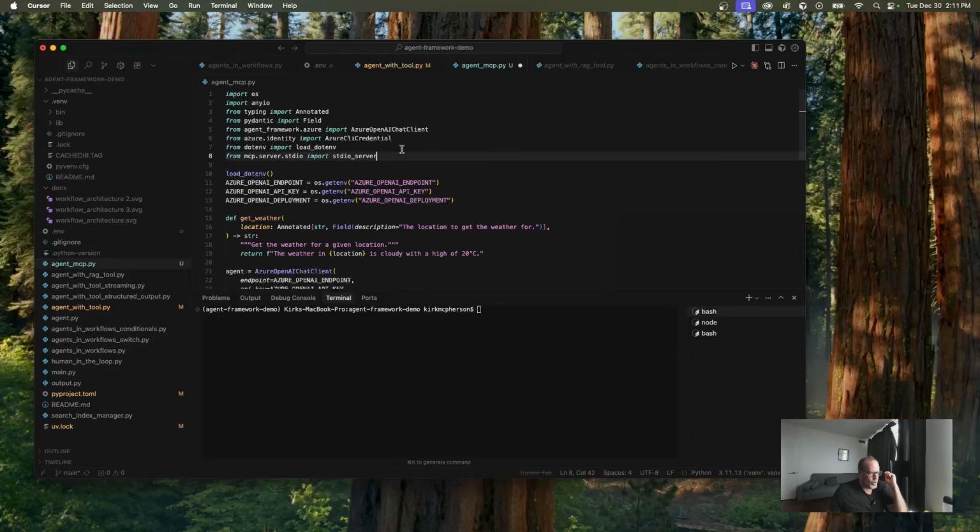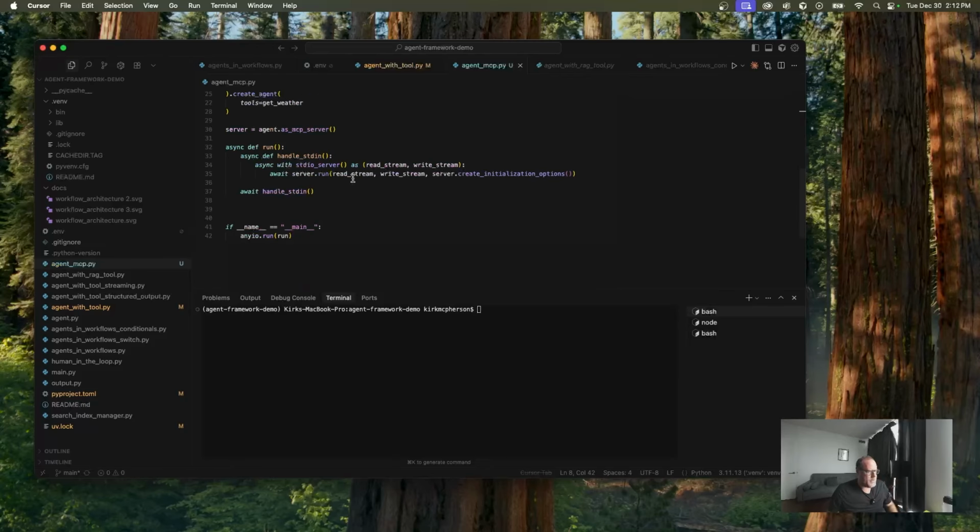I am importing MCP Server, stdio, stdio server. I think this is it. Let's try running this. And I've already activated my virtual environment here. So let's go Python agent